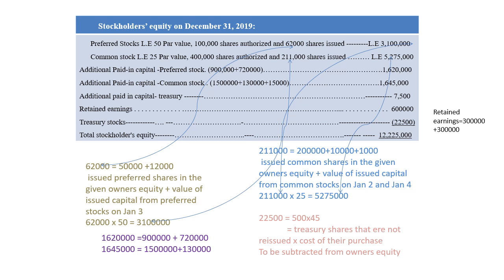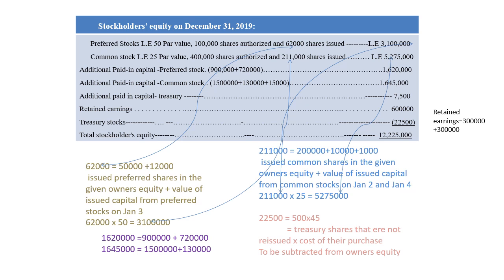The number of shares issued now is 211,000. Then you multiply 211,000 by 25, you get the value of the common stock capital, 5,275,000. For the additional paid-in capital preferred stocks, the beginning balance given